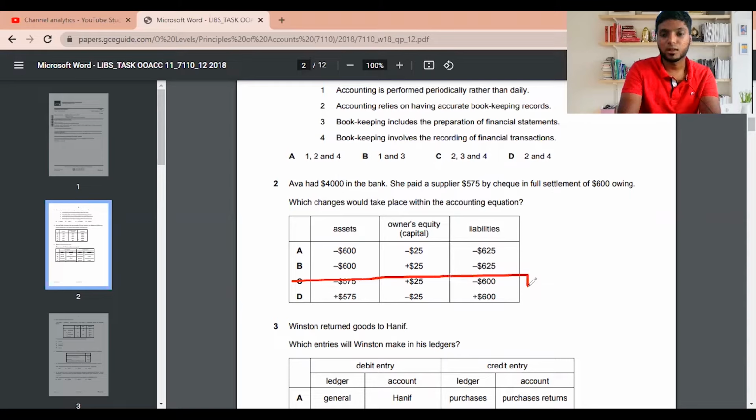Answer C. You saw one way of understanding the question. You got the answer itself. Now I'll explain the plus 25 and the minus 600. When you make the payment to a credit supplier for the money you are owing, and that is $600, you are going to deduct 600 because you have paid. So this is going to be correct. And then when you pay 575 out of 600, you are saving $25. So that $25 should be an addition because it's a discount received.